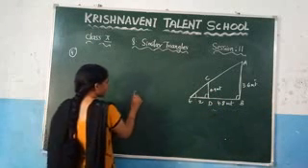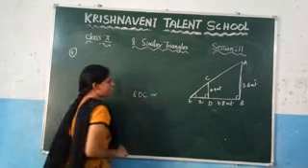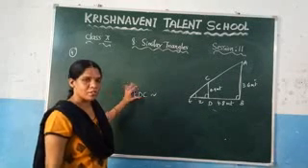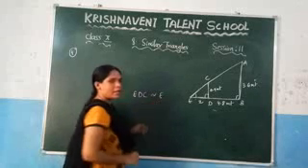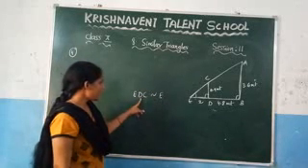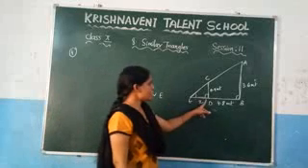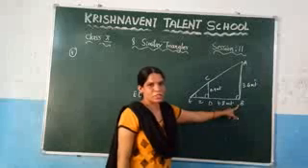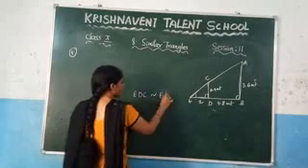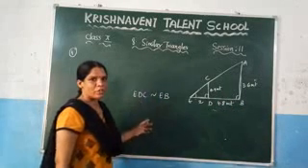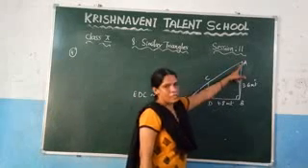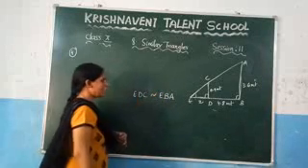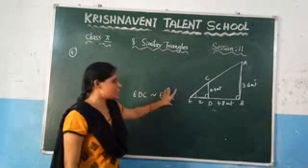So triangle EDC is similar to which triangle? You need to check here. Angle E is equal to which angle? Angle E, because it is the common angle. In place of D, what can you write? Since the 90 degrees is there, in the bigger triangle, where is the 90 degrees? At the B position. So in place of D, write B. The other remaining angle is A, so in place of C, write A. Clearly we got it: this triangle is similar to this triangle.